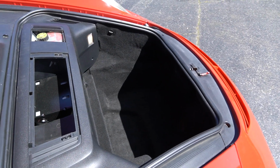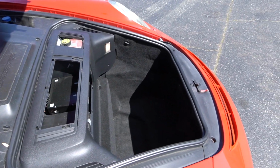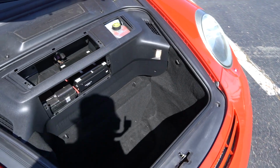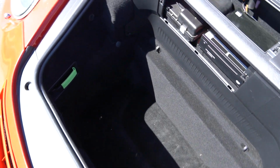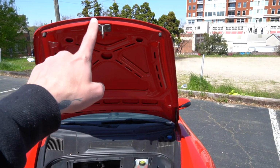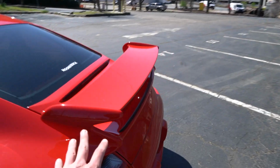Fits plenty of luggage and there's a ton of room behind the seats, believe it or not. So very comfortable taking this thing to GAT. Definitely don't need a roof box or anything crazy. That would be an option that I don't want. Frunk, pretty standard, carpeted. Let's go ahead and show you guys the motor. Now, you can't really see a whole lot back here,